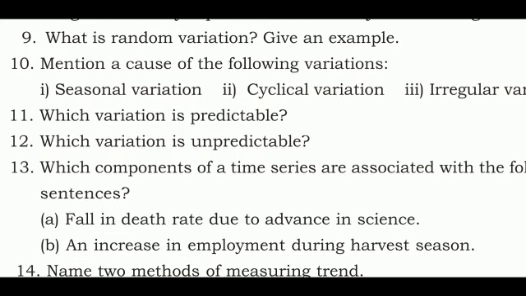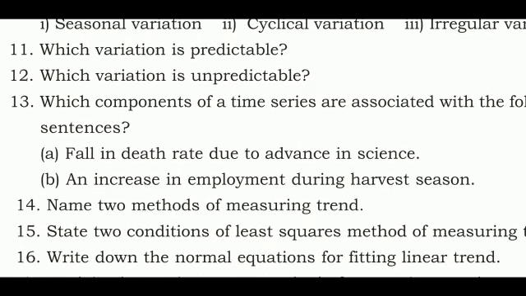Which variation is unpredictable? Irregular, because you never know when all of a sudden there is going to be an earthquake, or an outbreak of health issues, like this particular year we are facing the pandemic. Corona is creating such a huge havoc, and we were not aware. If you remember, last year at the same time we were so cool, and exactly after 1 year we are into so much stress, things have changed completely. So this has come totally all of a sudden to us.